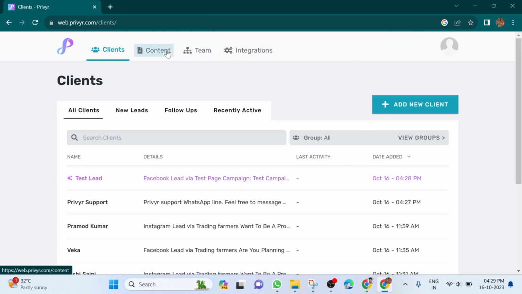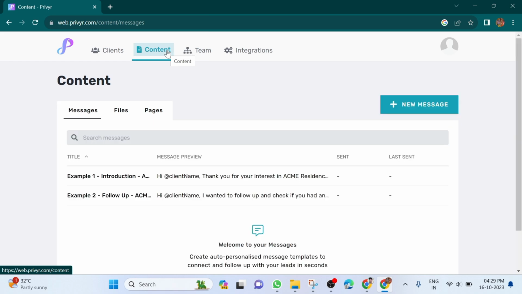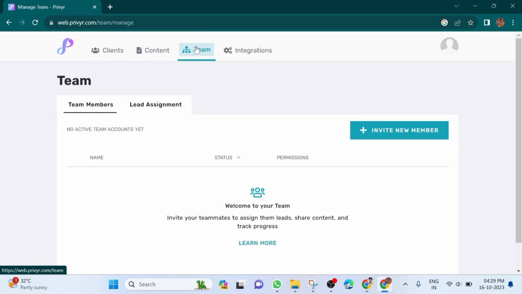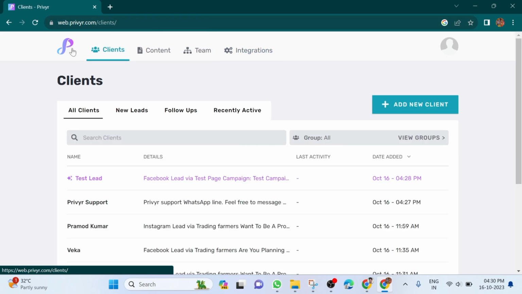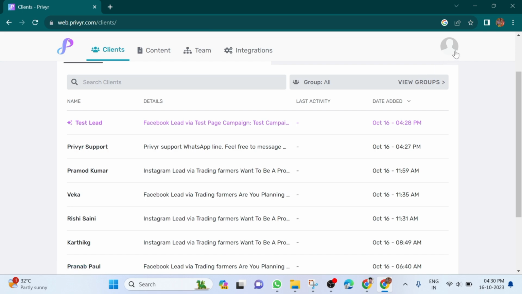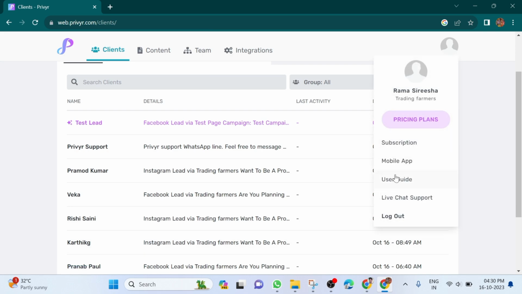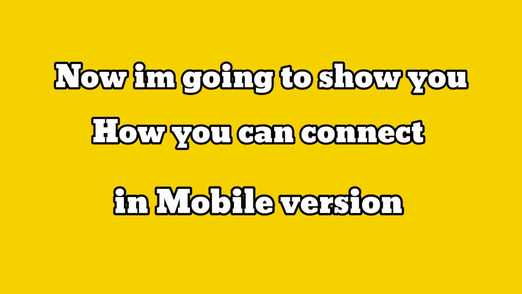content as well. We can create some pre-made templates here to send to the people, and we can see here teams and integration, everything here it is. So only Facebook is connected, right? Let me show you one more thing I just forgot to show you. So we can get the live chat option here also, and now I am going to show you how you can